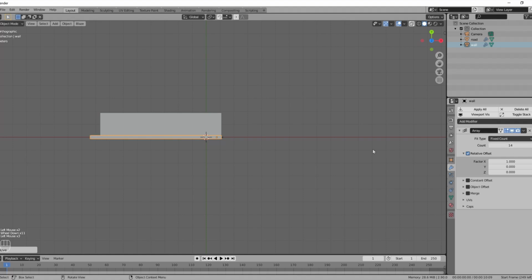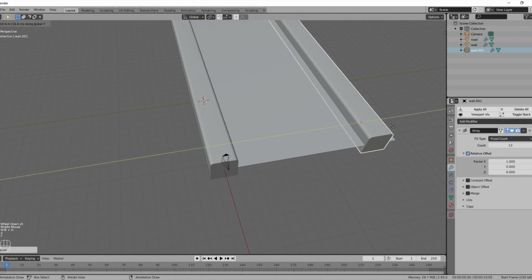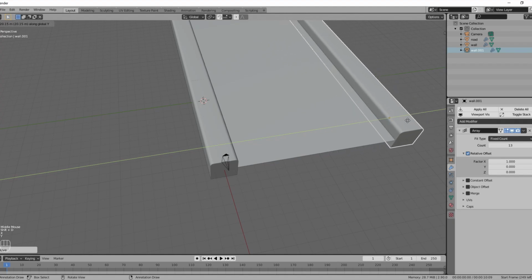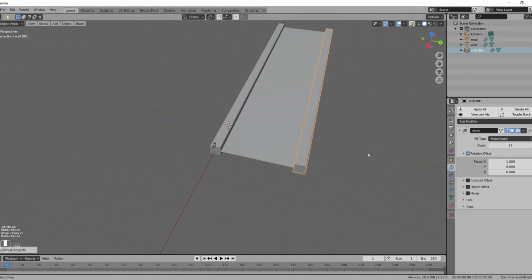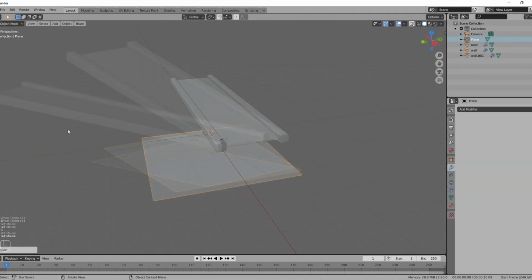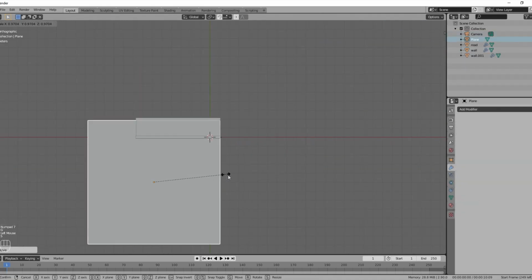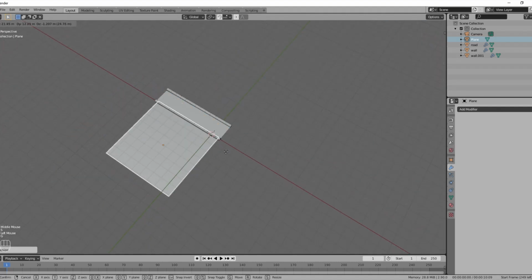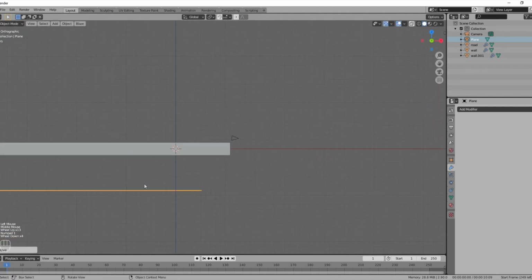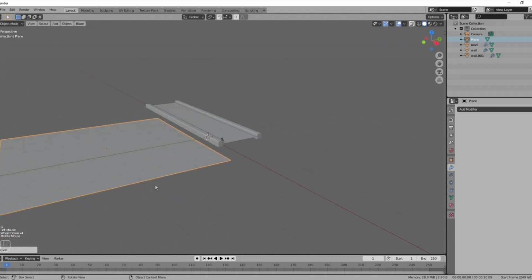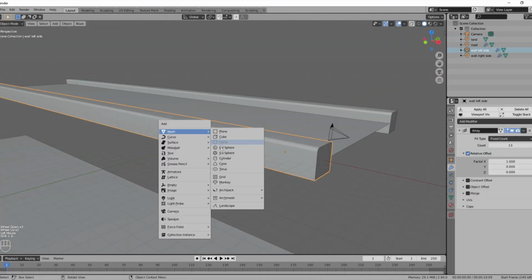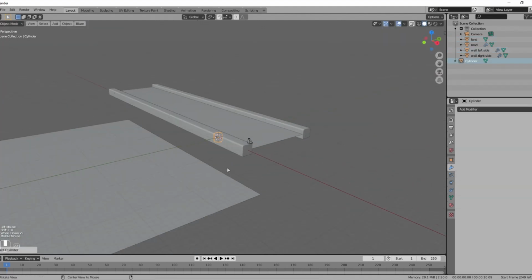And then we can just duplicate that wall on the other side of the road. You can do that by pressing Shift+D on your keyboard, or also Alt+D. Doing it with Alt+D will make a linked duplicate. I have added another plane for the land that is visible on the other side of the wall. Make that landscape a little bit large and position it at a certain depth from the road to give the illusion of height. And now I am going to model the poles with the help of a cylinder.